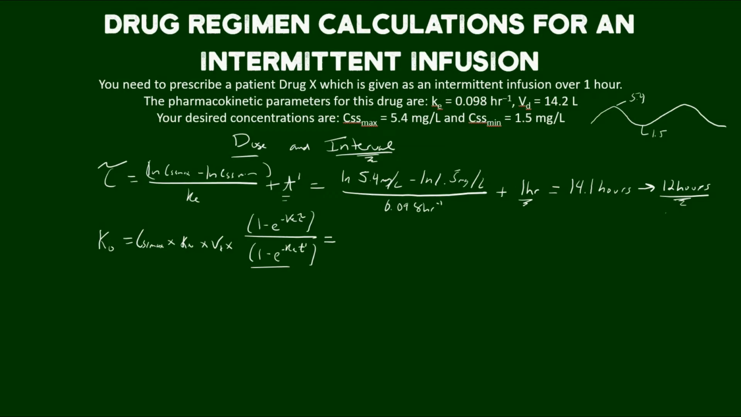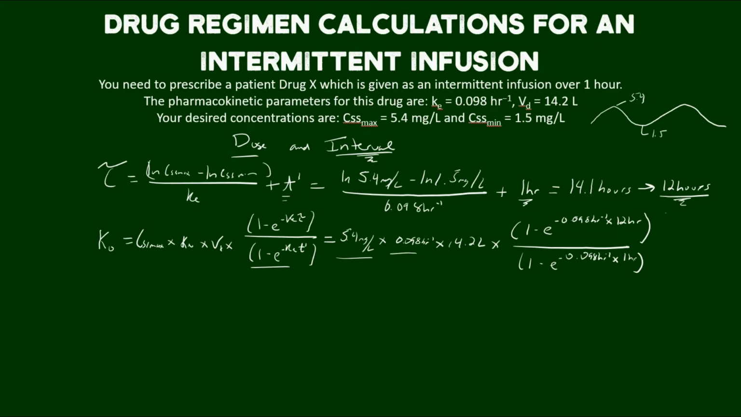So let's plug in what we have. What we have here is the 5.4, which is our CSS max, our elimination rate constant, our volume of distribution, which is 14.2. And then in the numerator, we have, again, the elimination rate constant, and 12 hours, which is our chosen interval. And then that's over 1 minus e to the elimination rate constant again, times 1 hour, which is our infusion time. So putting this all together, we get